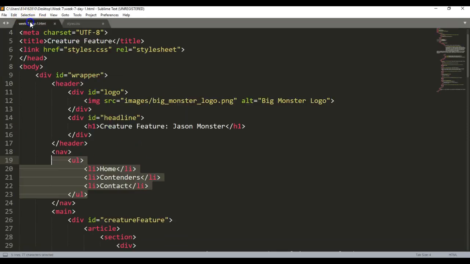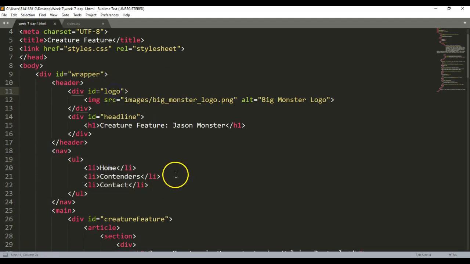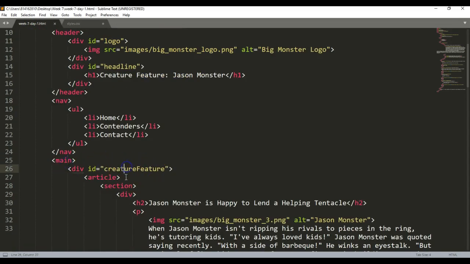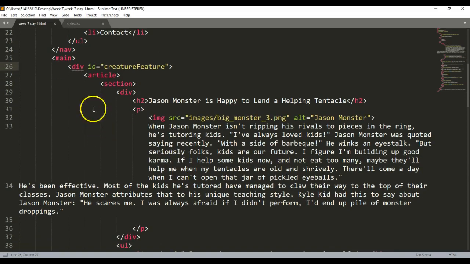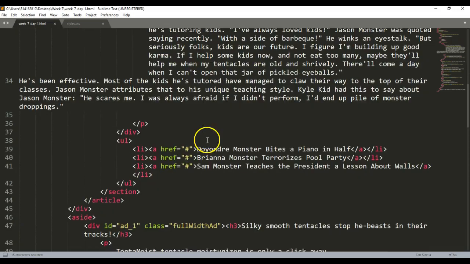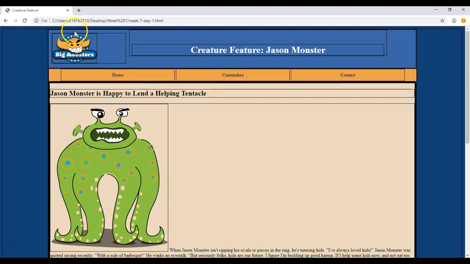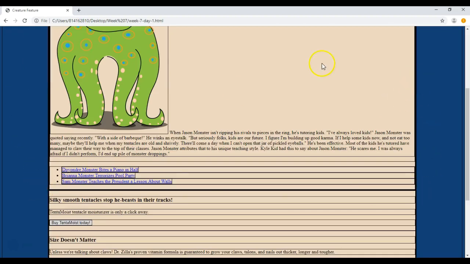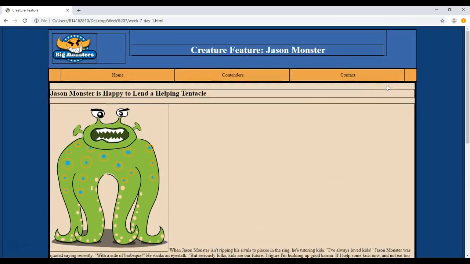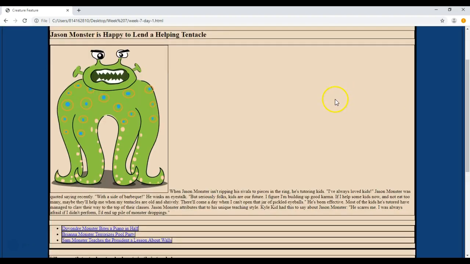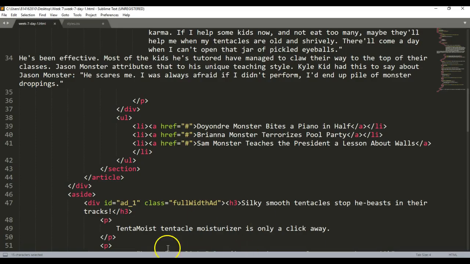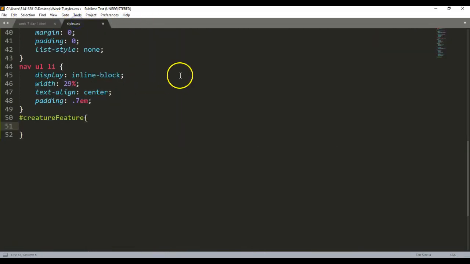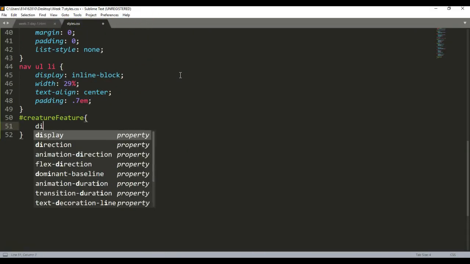Now my creature feature, I want to just look back here at my HTML. My creature feature's got an ID. So this is that big block, right? It's that whole block of stuff that's in here. Everything that's inside this is your creature feature. It's an ID, right? Exactly. All right. So I'm going to go back to my styles creature feature and display it